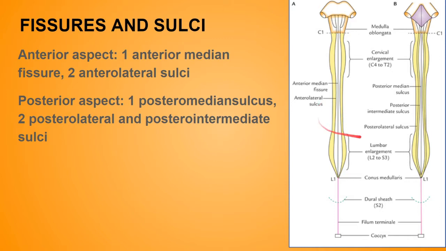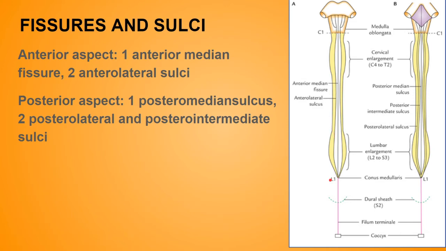Now just look at the diagram. This is the anterior aspect of the spinal cord and this is the posterior aspect of the spinal cord. In the anterior aspect we have one anterior median fissure and two anterolateral sulci. And in the posterior aspect we have one posteromedian sulcus, two posterolateral sulci and two posterointermediate sulci. Now remember this anteromedian fissure is deep and extends along the entire length of the spinal cord, and mainly